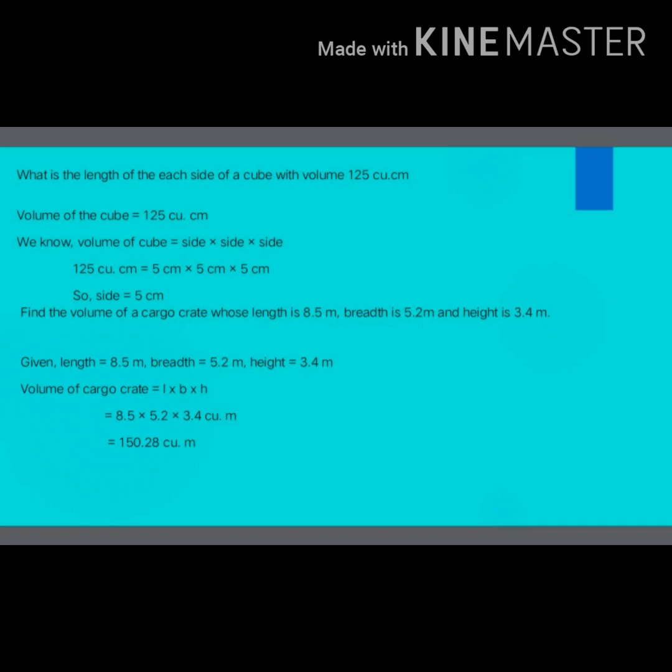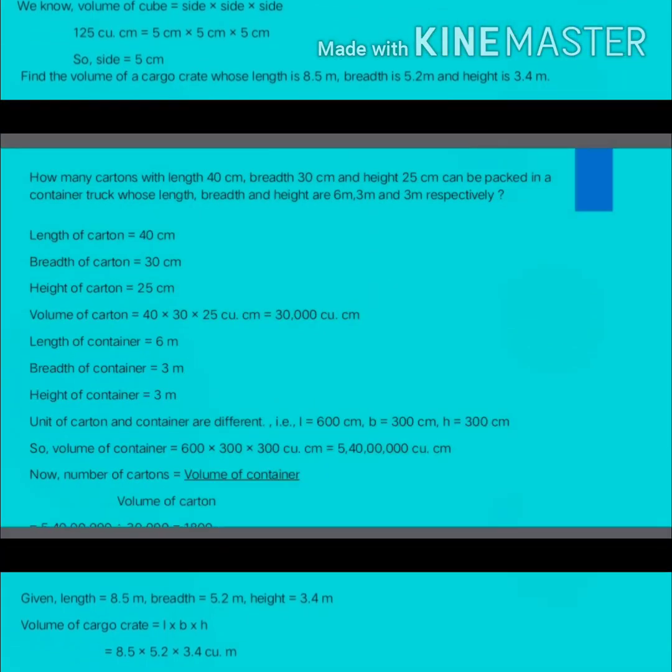In this slide, we will see finding volume with a word problem. The first one is simple. What is the length of each side of a cube with volume 125 cubic centimeter? Now we know that the volume is given as 125, which is the volume of a cube, and we need to find the side. As we know the sides are all same, we need to know a number which when multiplied 3 times by itself will give you 125. So I get the side as 5 centimeters.